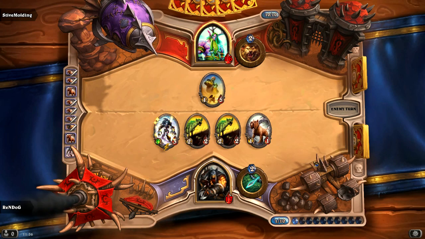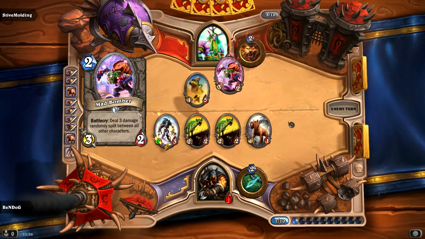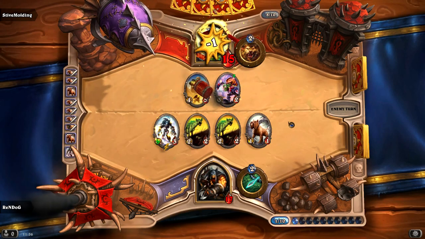9, 11, 13, 14, 15, 16. We've got lethal. Well, he can hero power to get out of lethal, though. So what I'm slowly starting to learn in this game is that what you want to do...